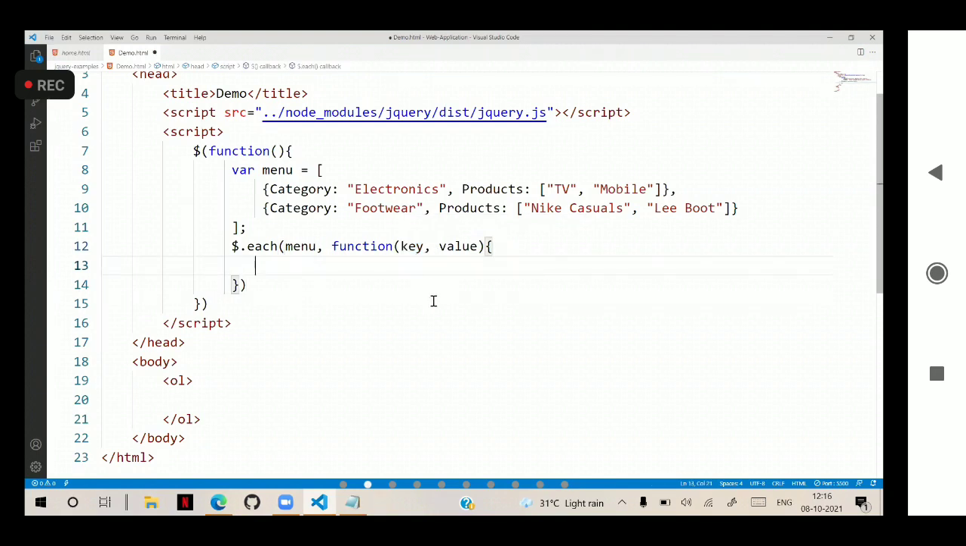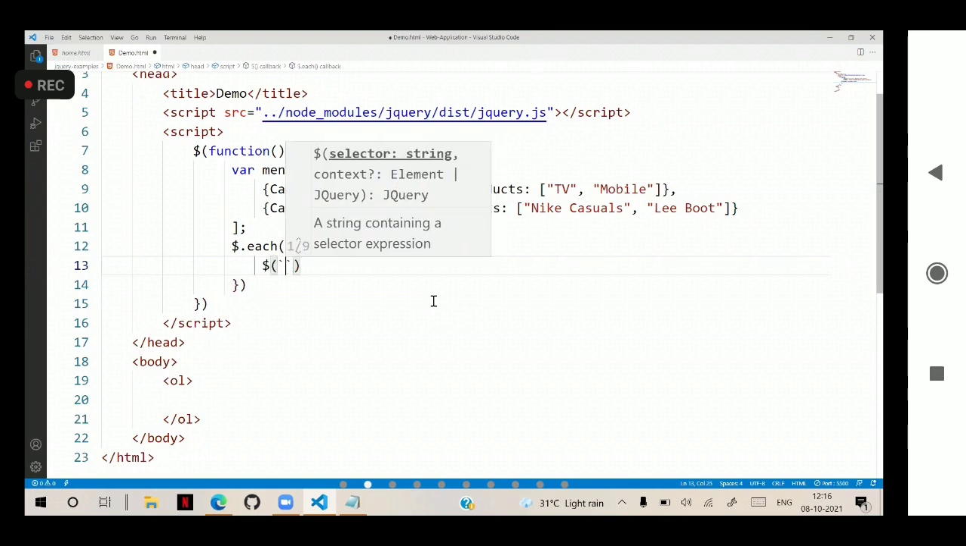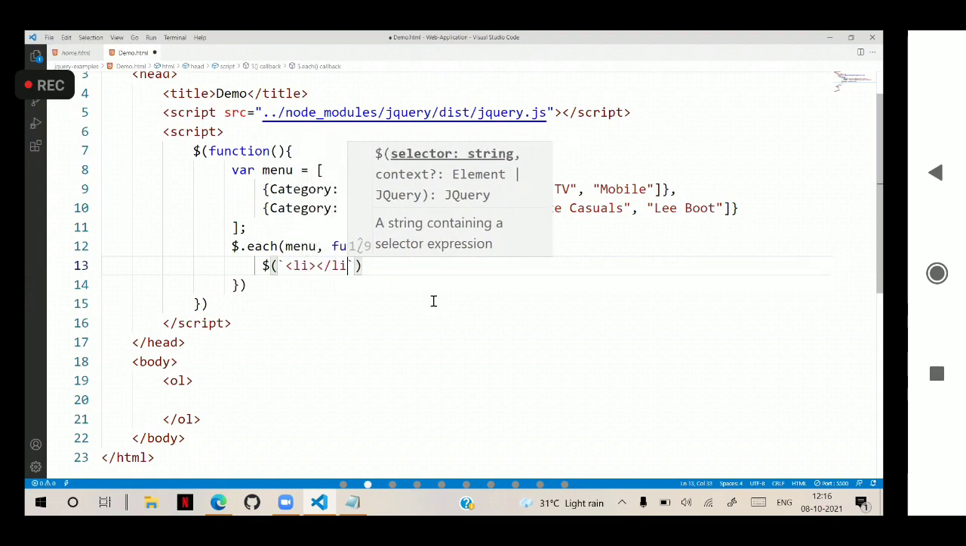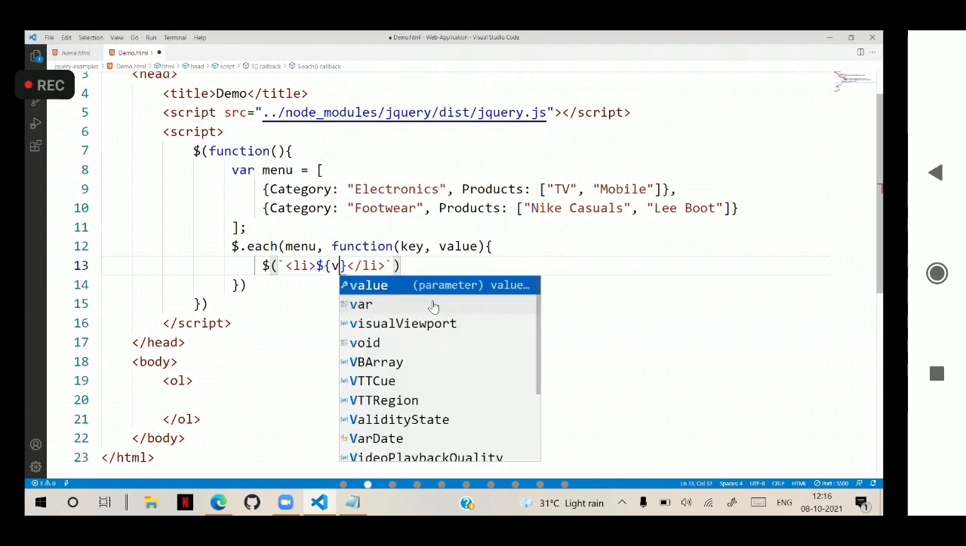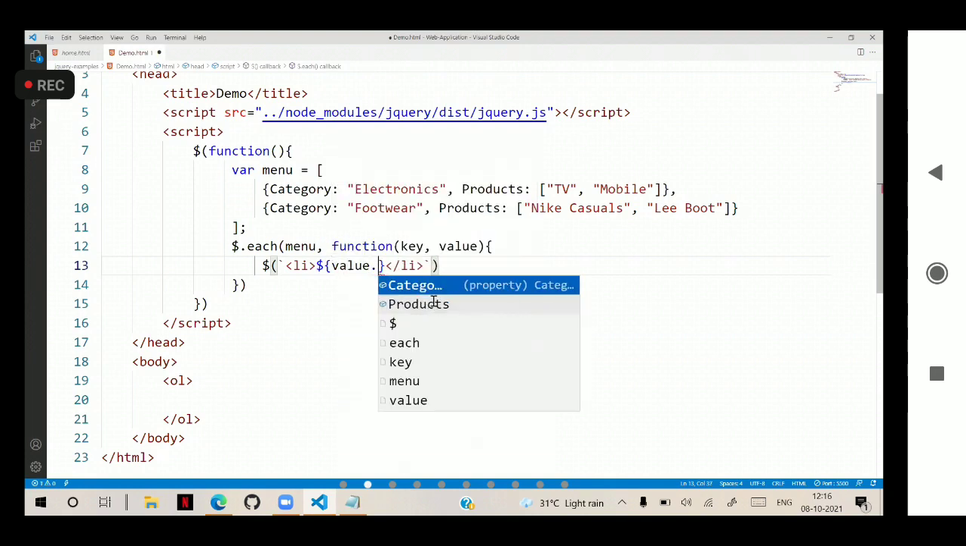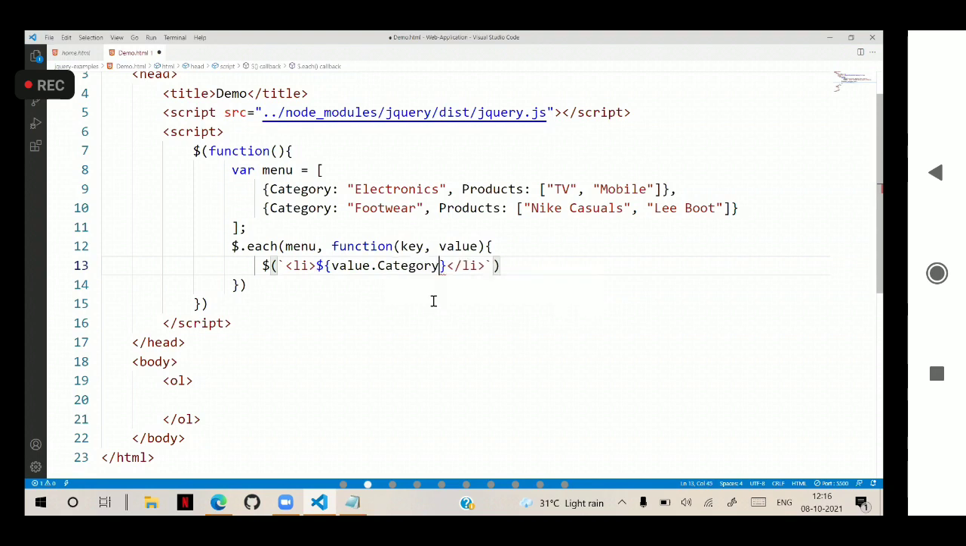And here we have to write a simple option. First, we need to add a list item. Inside that, another child item. I will show you the techniques here. First, in that each, what I am doing: dollar, and create a list item. This list item should contain value category, that means the category name, and append to